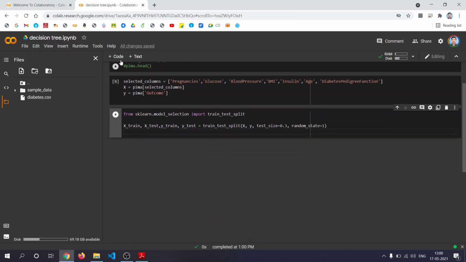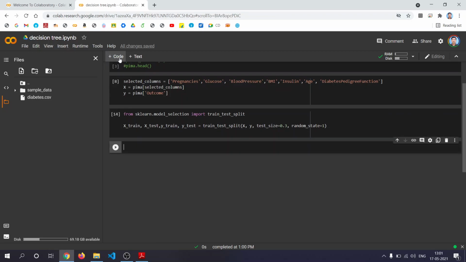Now we'll import our decision tree classifier.